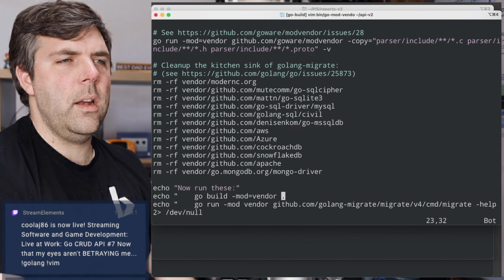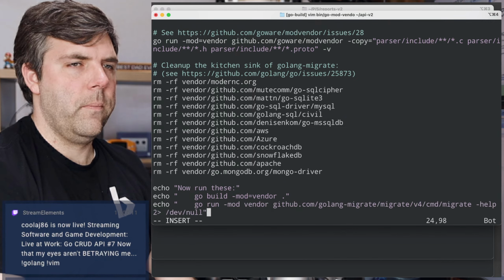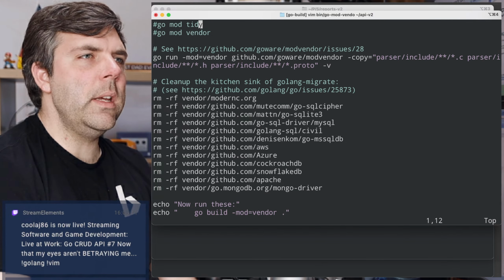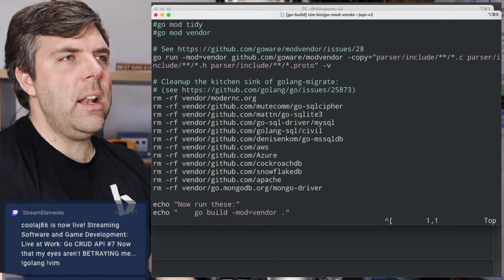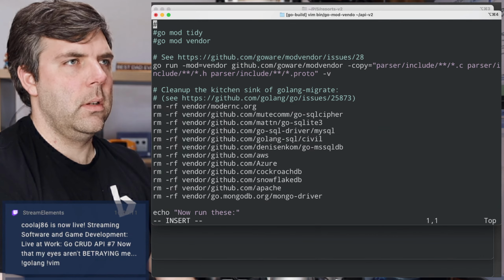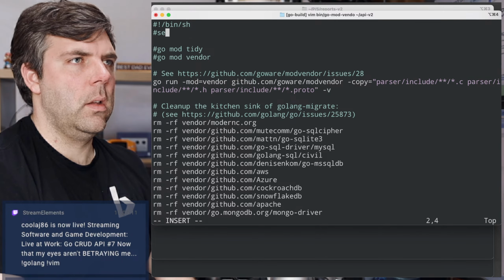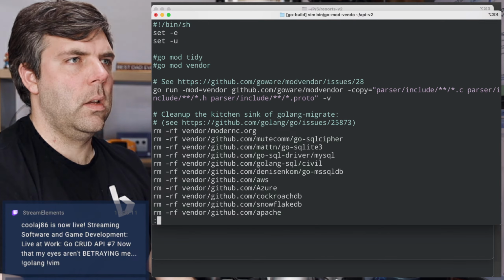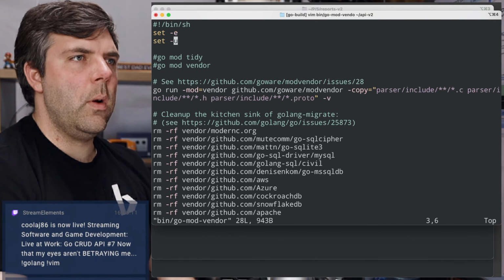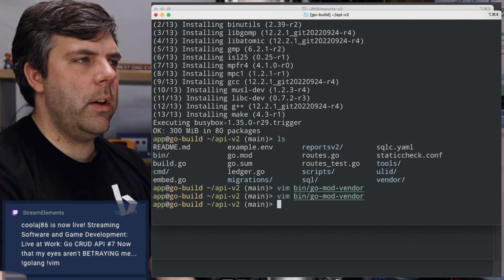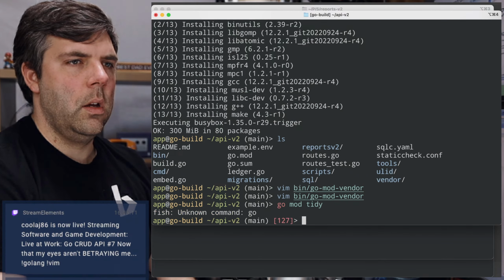That was so stupid. Why did I do that? So for some reason, I don't understand why, but this cannot be run in a script. So I have to run go mod tidy and go mod vendor separately. Whoops.